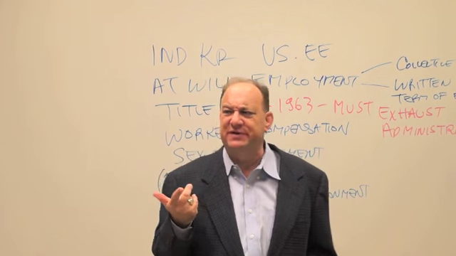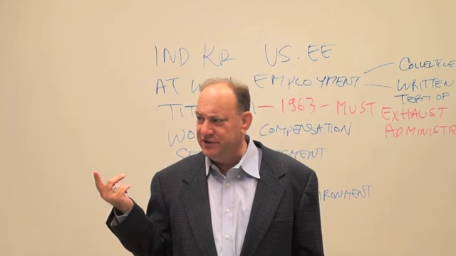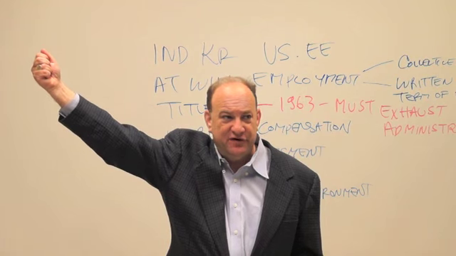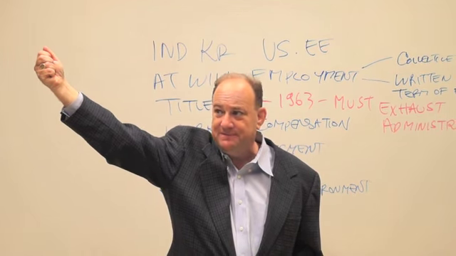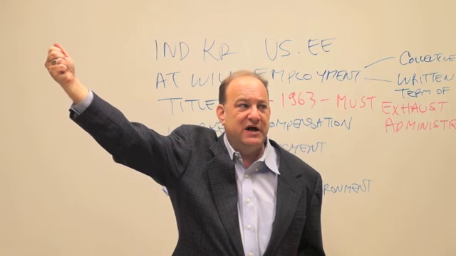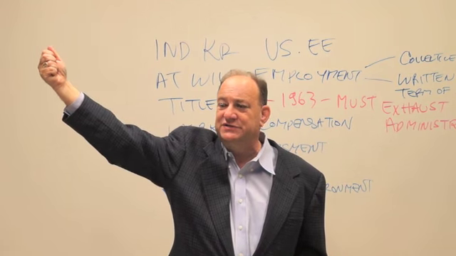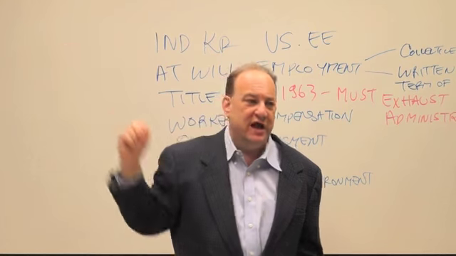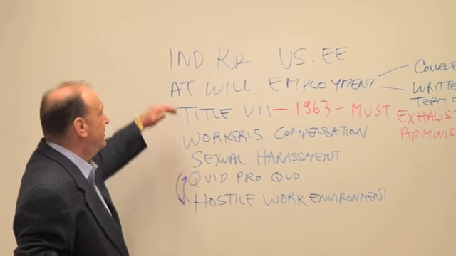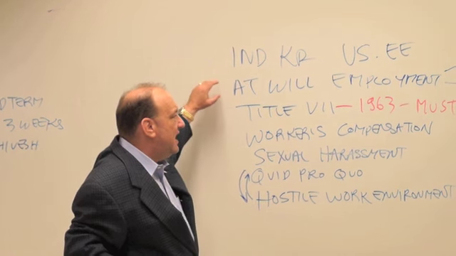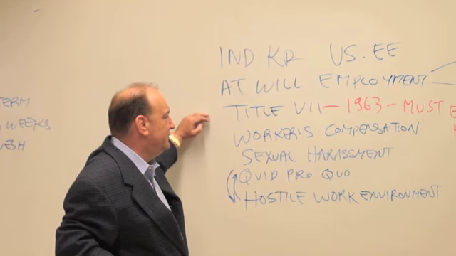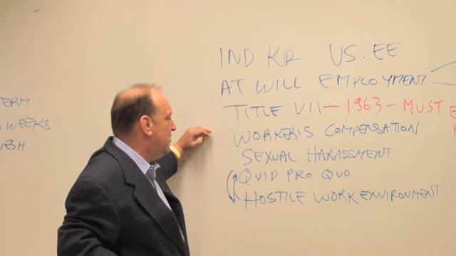So, any questions about exhausting administrative remedies? You have to get that right to sue letter first from the DFEH or the EEOC. Any questions about that? Any questions about who are members of protected classes? Okay. I think we've covered independent contractor versus employee status, at-will employment, Title VII, and now I'm going to skip